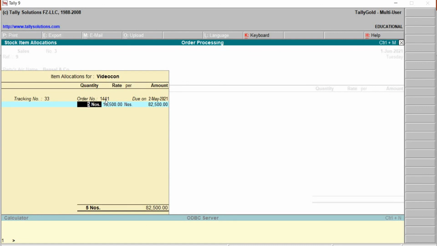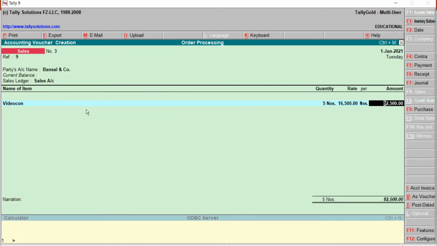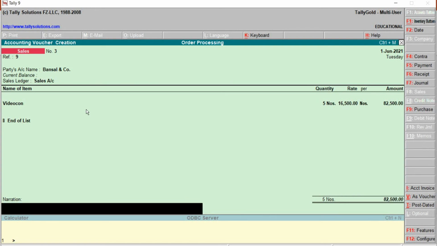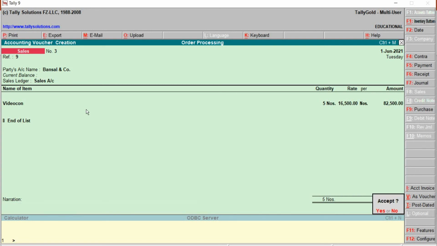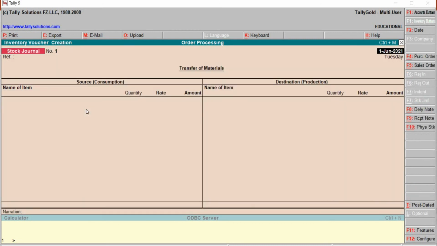Sales order number, we can see due was on 2nd of May, but it was delivered on 1st of June, correct? Quantity 5 numbers, 16,500, units of measure, total amount, end of the list. Later, type the narration, then save. Press Y from the keyboard. This will be switched back to inventory voucher creation.